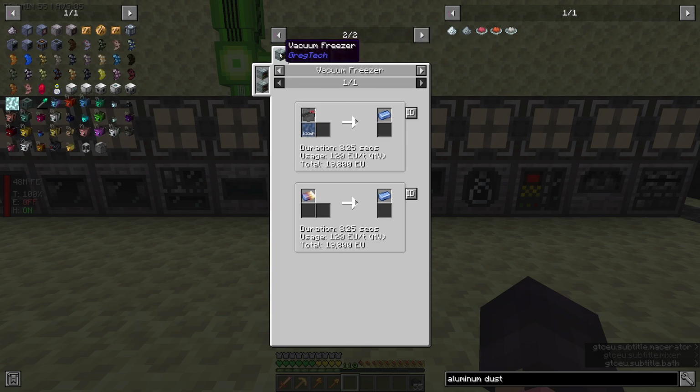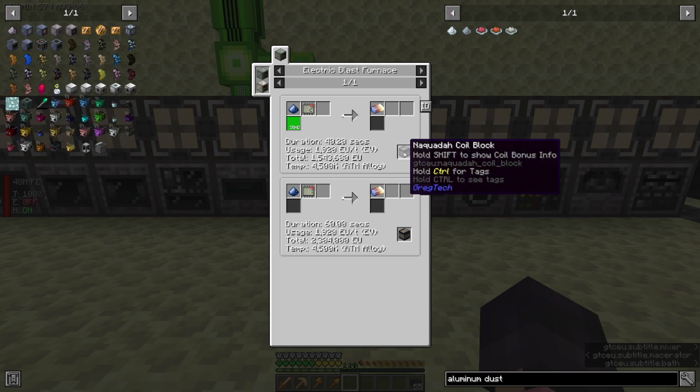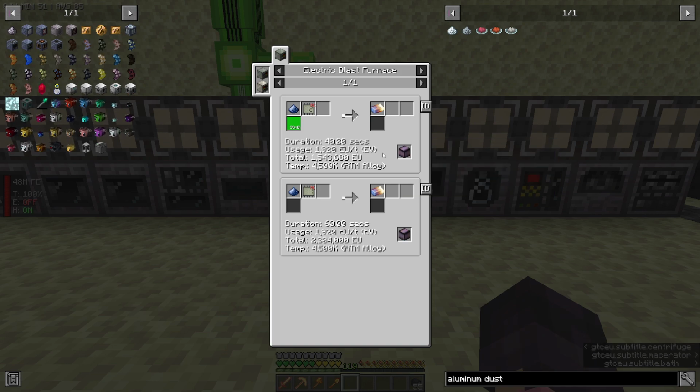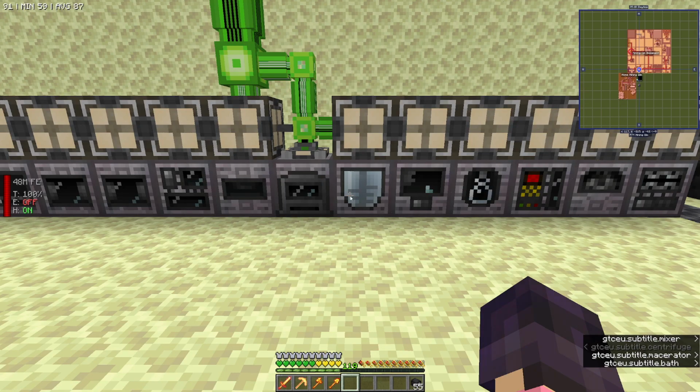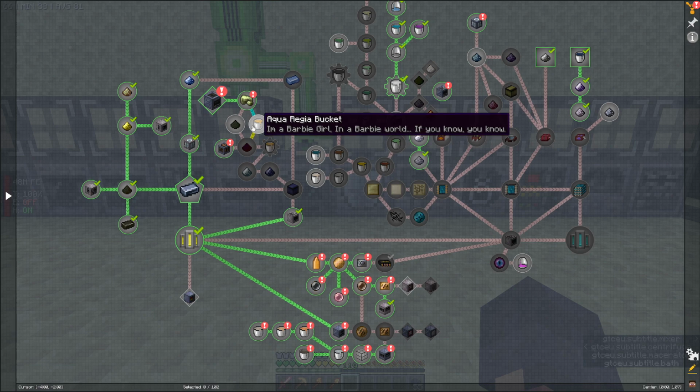The ingot is something you have to vacuum freeze the hot ingot. The hot ingot, you see right here, requires the RTM alloy block or coil to cook, which is not ideal for us, because while I was able to make the centrifuge and the macerator,